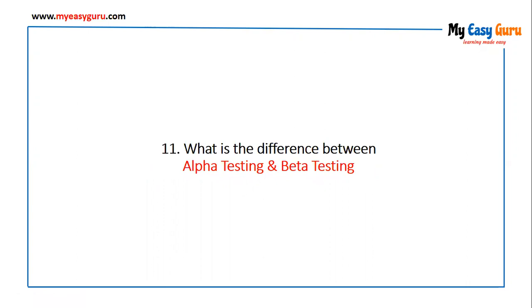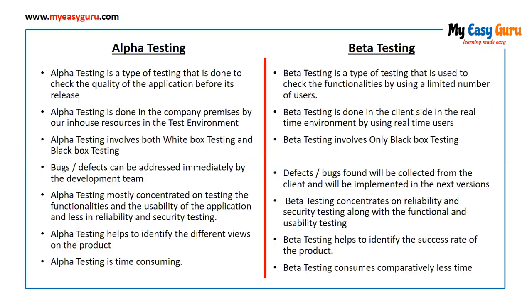So let us first start with what is the difference between alpha testing and beta testing. Okay, so let's see what is the difference between alpha testing and beta testing. Alpha testing is a type of testing that is done to check the quality of the application before its release. And beta testing is a type of testing that is used to check the functionalities by using a